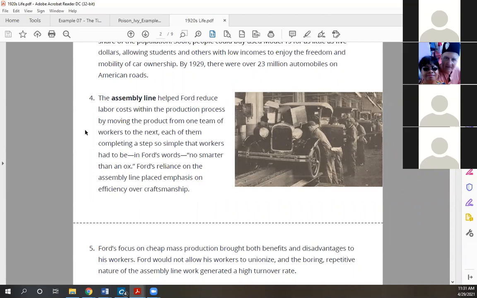Okay, so the old way of doing things was you were a craftsman. If you knew how to make a gun, you would make a gun start to finish, right? You'd make every part of it, and at the end you'd have a gun. Or if you were a cobbler making shoes, you knew how to make shoes, right? With the assembly line, and Ford wasn't the first person to do the assembly line, but with the assembly line process that he used to make the cars,